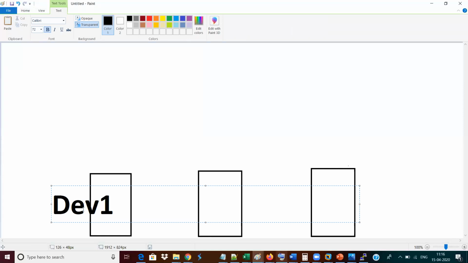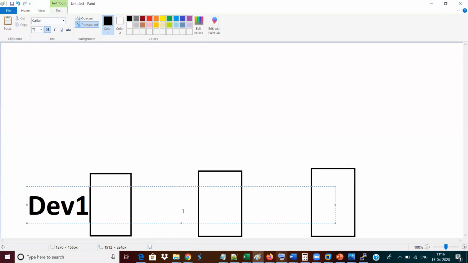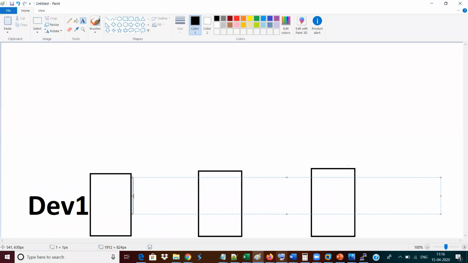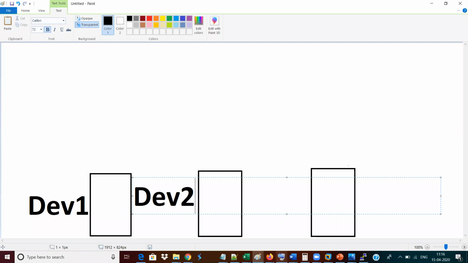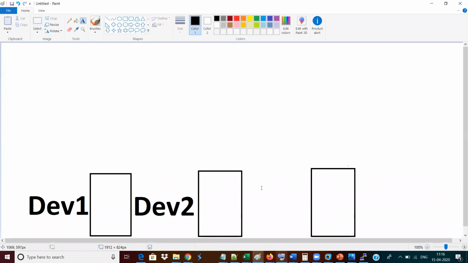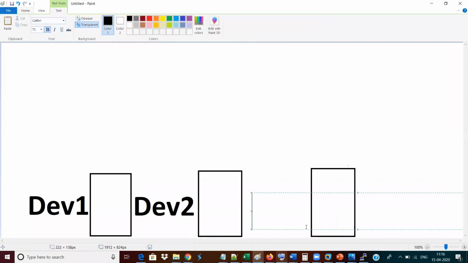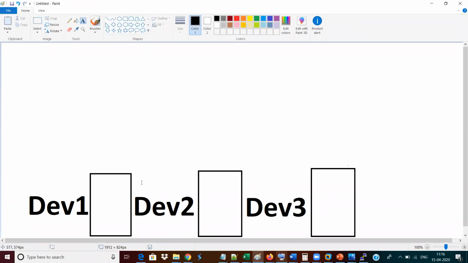The next one I will add as developer 2's machine, dev 2. And same, developer 3 machine is also available. Three machines are available. Never bother about it. These are all your friends' machines; developer 1 is going to be Karthik's machine. Think in that way.